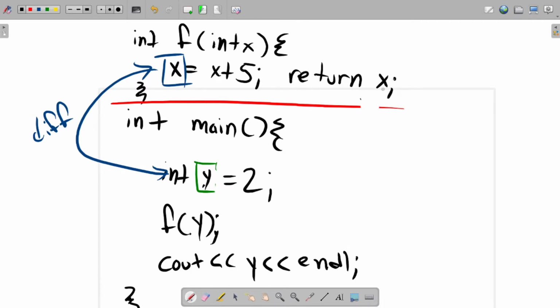Not that it matters that much. What I said here was that main is going to see out 2, even though if we follow the execution of this code from the start of main, it would create y, set it equal to 2, go to f and give it y, which is 2. It would set x, the variable that represents this parameter here, equal to 2 plus 5, which is 7, and then return 7. However, y would still be 2